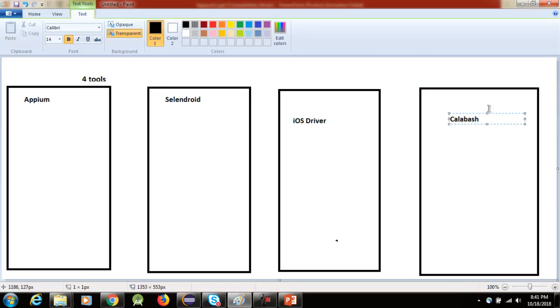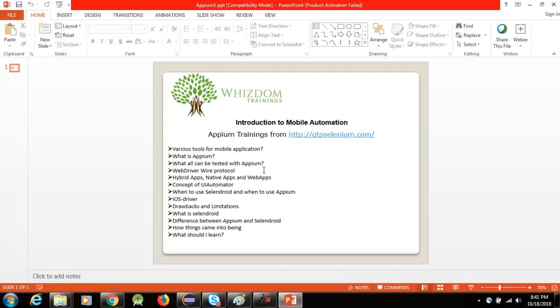Right. Now we'll be discussing what the advantages of Appium, Android, iOS driver and Calabash are. If I come to my presentation, in this PPT I'm just talking about the various tools. First of all we'll talk about what the various tools present in the market are, then we'll talk about what Appium is and all that. So coming back here,